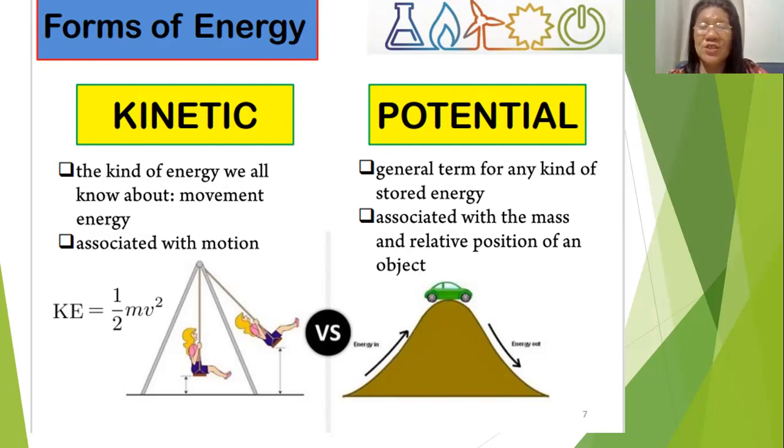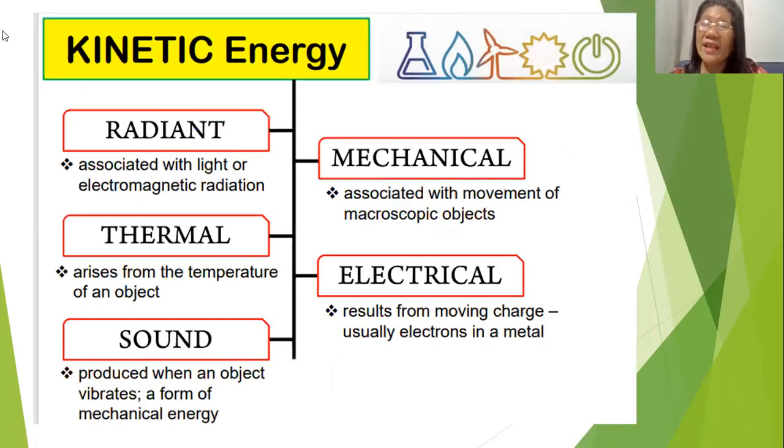For potential energy, an example is a car on the top of a hill. The car has a mass. There is a pull of gravity. As you look into it, it has a certain height or distance, and that is potential energy. In kinetic energy, this will be divided again into different types of energy. We have five here, another under kinetic energy.